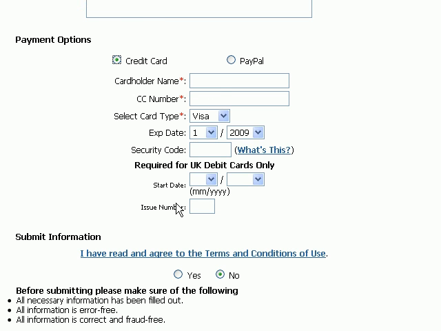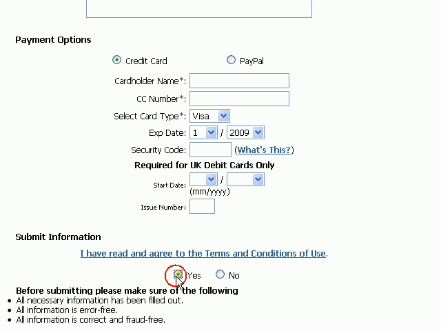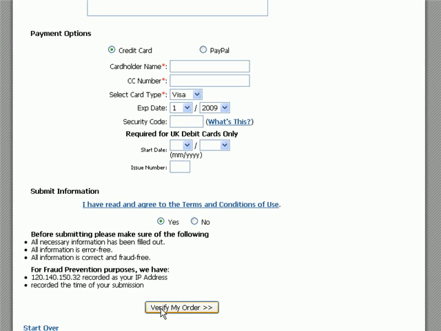And once you've filled up all these options, then you need to probably read the terms and conditions of use, right? And when you're done, click on Yes and then verify my order. Now, in the following page, you'll get a verification screen, and finally, after you've made the payment through your credit card or PayPal account, HostGator would start to create your web hosting account. Now, in a matter of maybe half an hour to perhaps a day or even more, you would get an